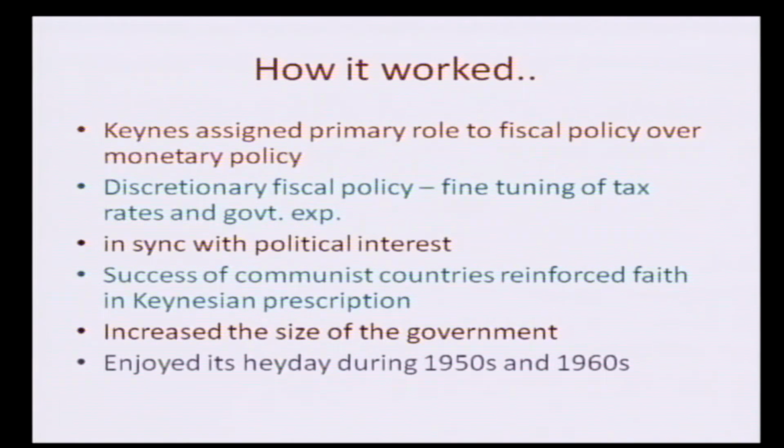In that time, it was widely accepted because the classical economists suggested that the government should have minimum role to play, but Keynes suggested an active role for the government. So this found some political patronage. This got accepted widely by governments all over the world. This provided a lot of discretion to the government. Earlier, the classical economists left it to the market forces. Here, the government has a proactive role to play. It was in synchronization with political interest.